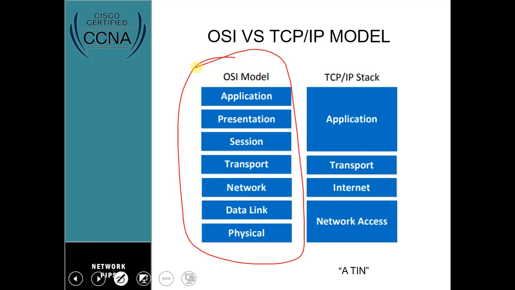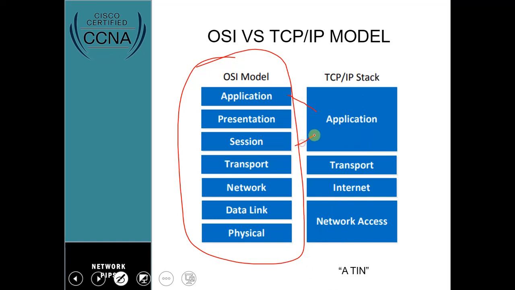But it's very important to understand the OSI model, so it's easy to link it to the TCP/IP model. On the OSI model, you can see your application, your presentation,